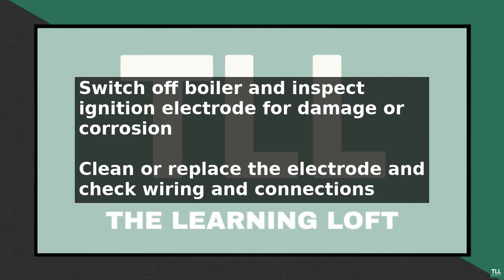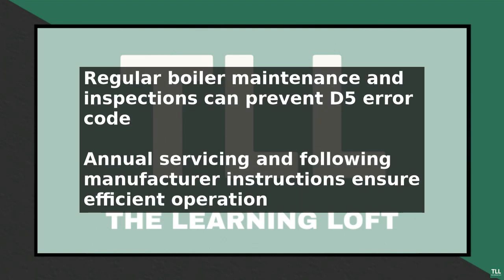Best practices for preventing the D5 error code include regular boiler maintenance, such as annual servicing and cleaning the ignition electrode every 6 months. Additionally, ensure the boiler is installed and commissioned correctly, and follow the manufacturer's instructions for operation